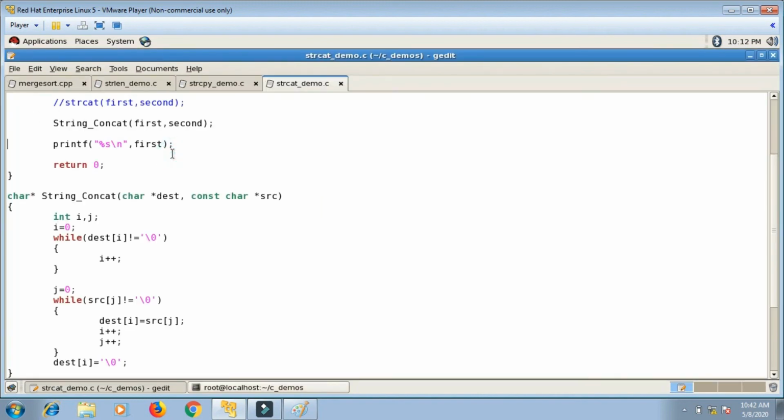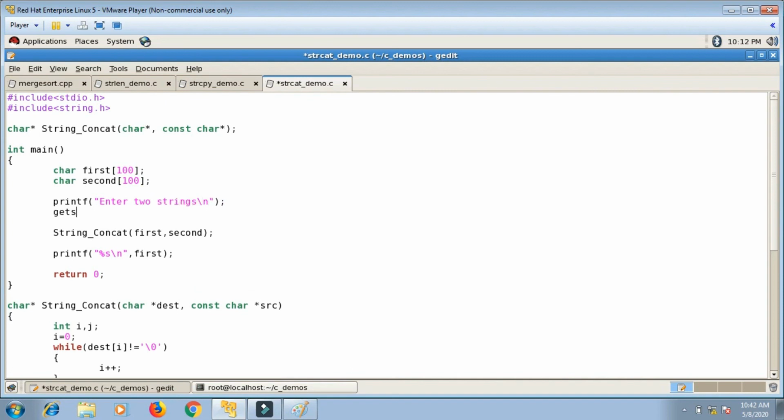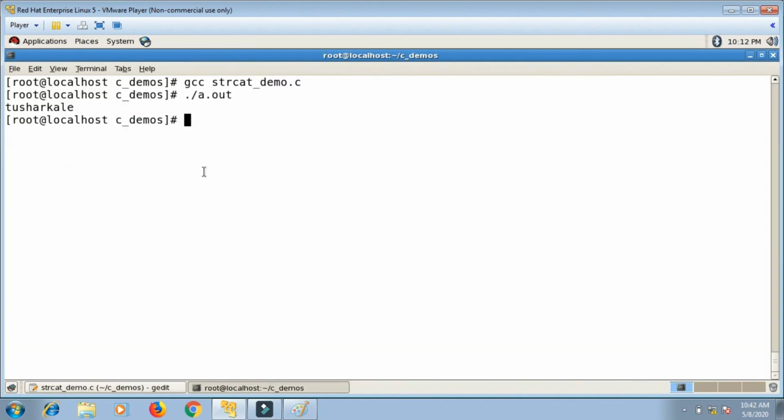Instead of hard coding these values, you can take them from the user. Suppose I do not initialize first and second, but I ask the user to enter these values. So I will ask the user with printf, enter two strings, and then I will use gets for first and second, and after that I will concatenate and print.